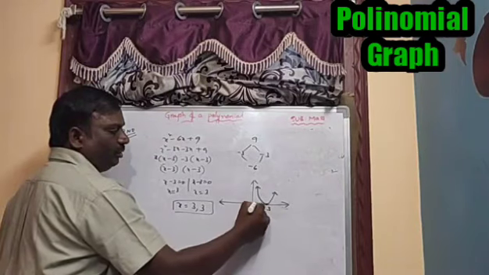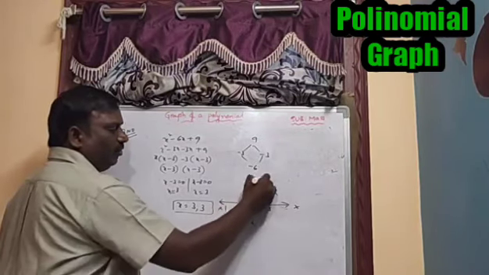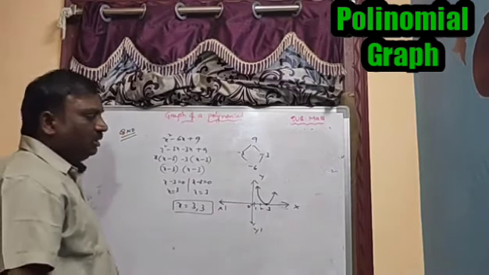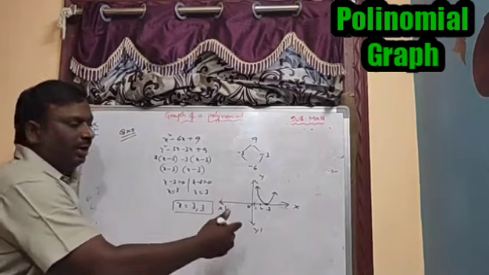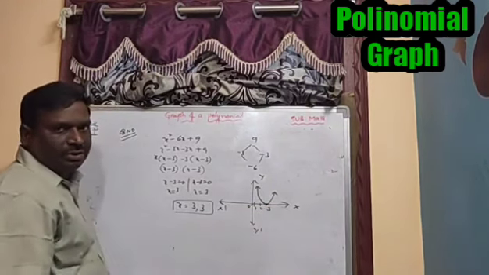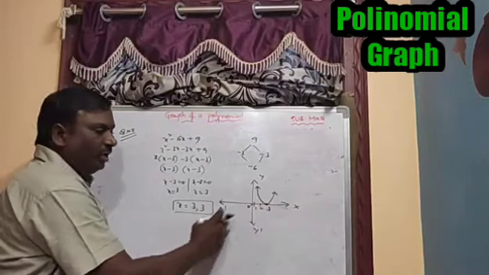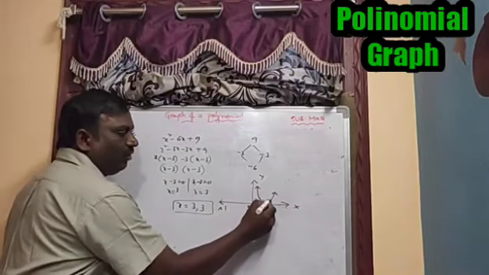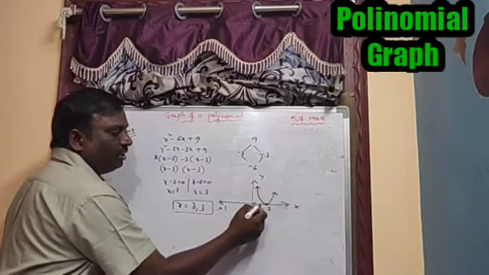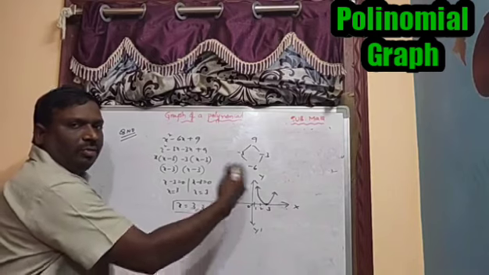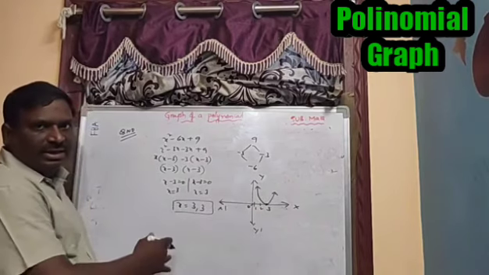This is 3. If you think of 1, 0, x dash, y dash, that is the second case. The remaining values also we can take. Before 3 you can take some values, and after 3 you also have to take some values. If you take some values before 3, the graph will go like this. That's why you have to take the values before 3 and after 3. This is the second case.